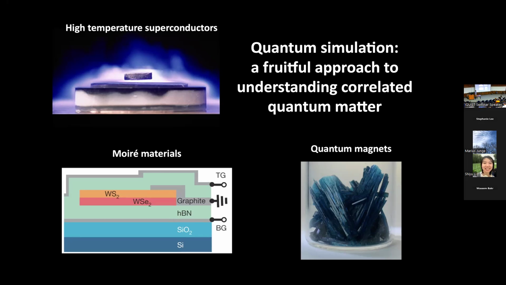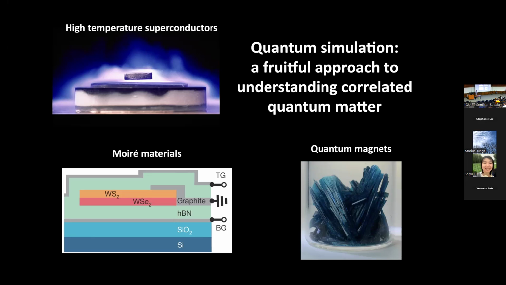But of course, that's very hard to do on a classical computer because you have to solve the quantum many-body problem. It's hard to do simulations for more than a few dozen particles. And so the idea here is this idea of quantum simulation that goes back to Richard Feynman. He suggested a long time ago that instead of doing the simulations on a classical computer, it makes much more sense to do the simulations on a quantum system. So ideally, what you want to have is a synthetic quantum system, which is highly programmable and very easy to control, and use that to do your simulations of the basic Hamiltonians that describe these systems.